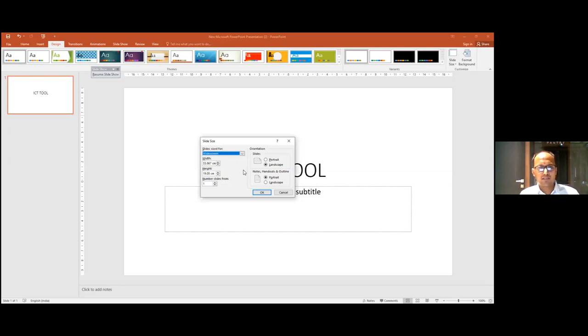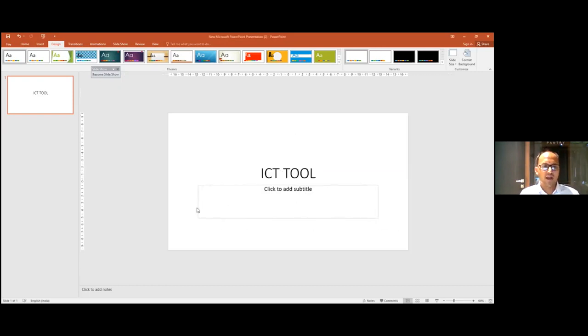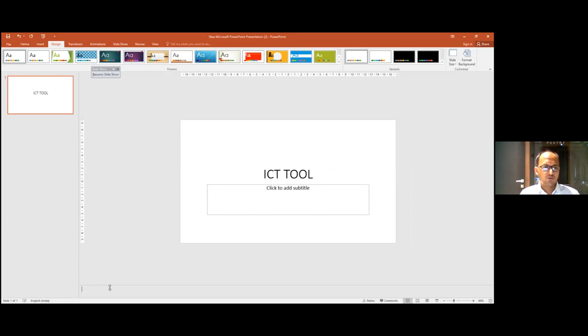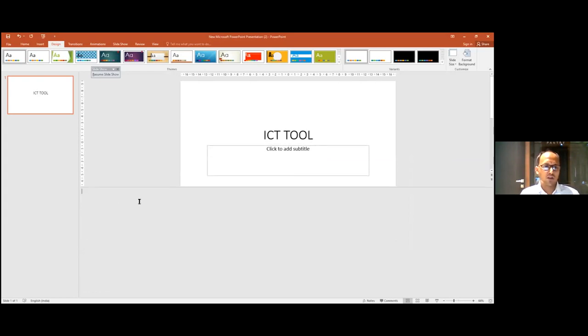While preparing a presentation, one should keep in mind that your slides should not be clumsy. You should not put too many things on a single slide. Rather, your slide should contain a minimum amount of data. If you want to provide students with some additional information, you can put notes at the bottom in this column. So you can put any text regarding this particular slide.